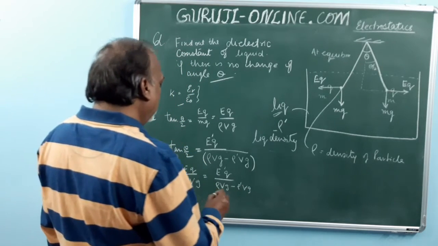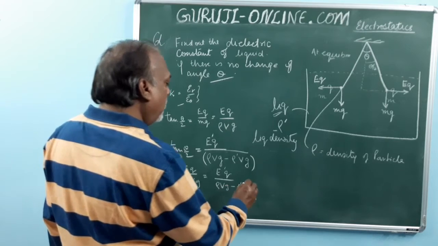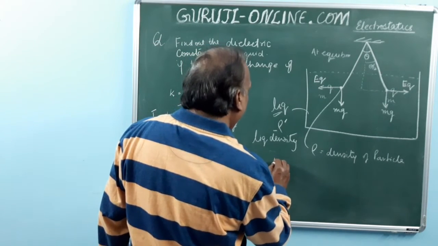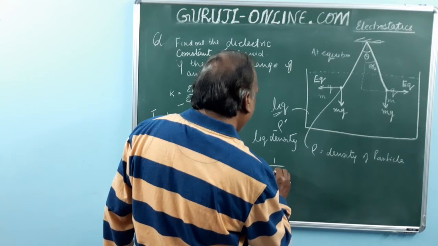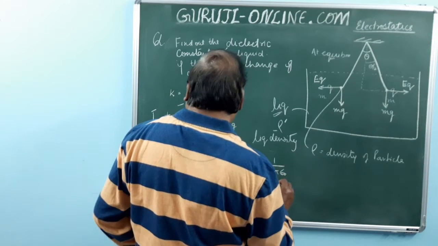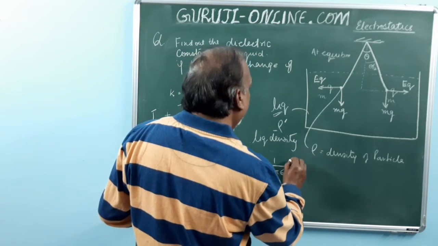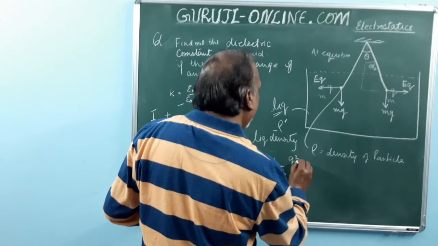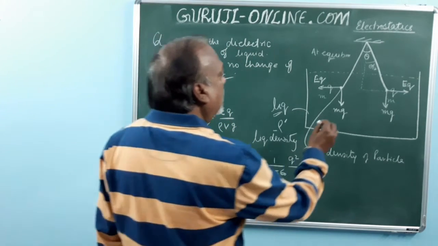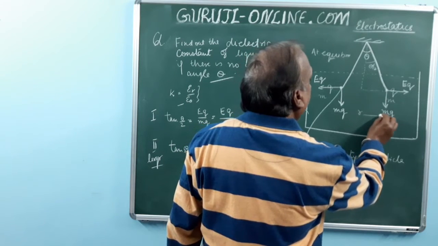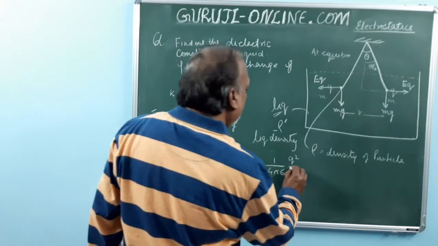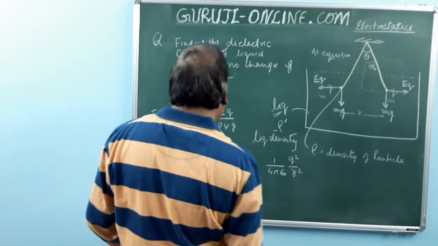E is nothing but 1 by 4 pi epsilon 0 into Q square upon, suppose this is the R distance. It is not changing because angle is not changing. So this will be R square